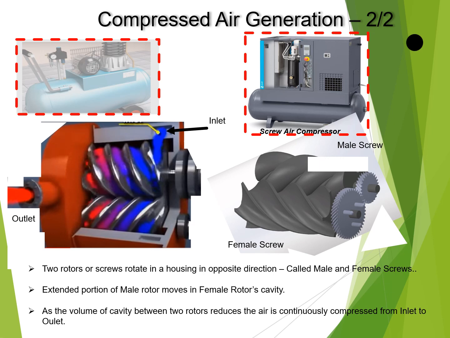These rotors are called male and female screws. The extended portion of the male rotor moves in the female rotor cavity. So this extended portion and cavity are called lobe and flute also. The air is compressed between these two screws from inlet to outlet